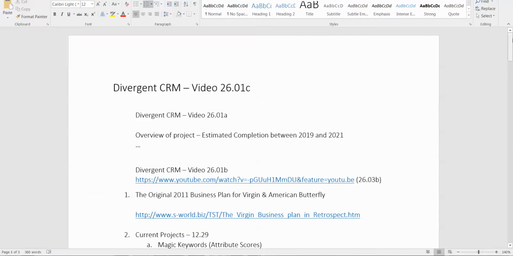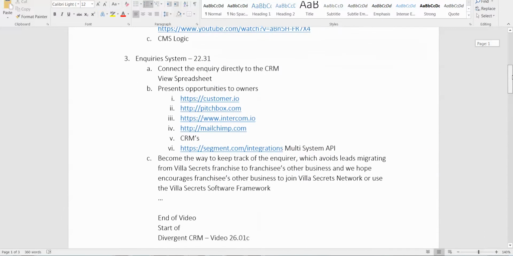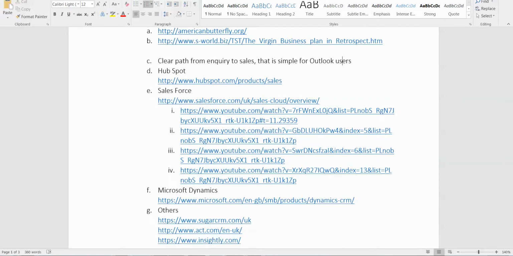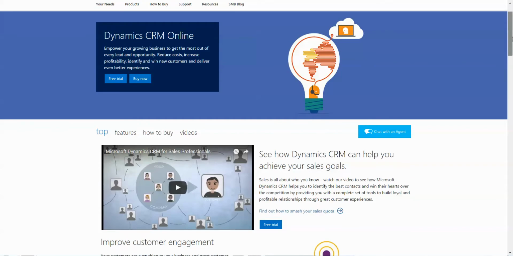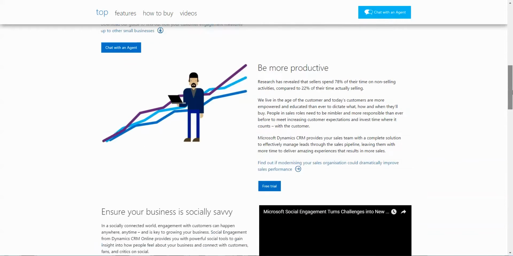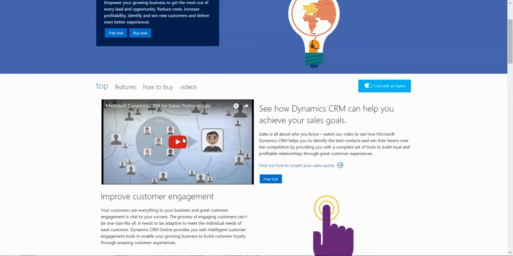Okay, let's have a quick look at the agenda. Sorry, where are we? Here we go. We are here. Microsoft Dynamics. Okay, I know very, very little about Microsoft Dynamics. Whenever I've seen adverts for it or their videos, they are more about connecting to apps than a sales journey. I haven't seen anything that shows anything like the Salesforce sales journey, but I've only really just started looking at it. Let's have a look at